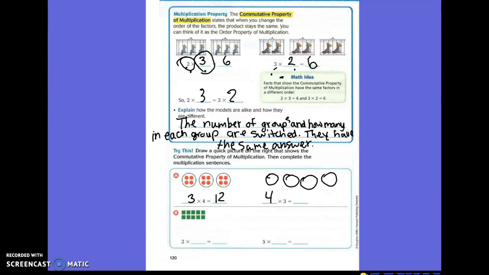And what are we going to put in each group, guys? 3. Okay, and just because the factors are switched around, does that mean we have a different answer? No. So our product is 12. Now, instead of doing equal groups, now we are doing an array. Why do they have 2 as the